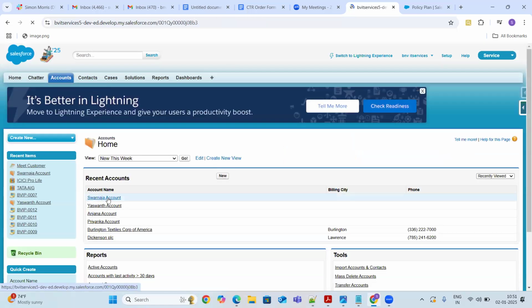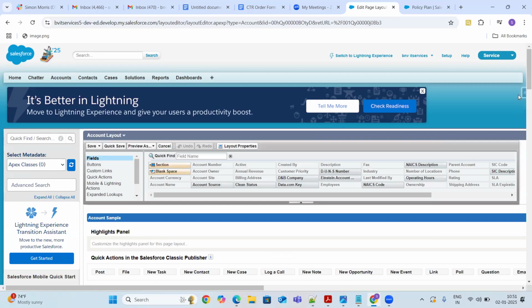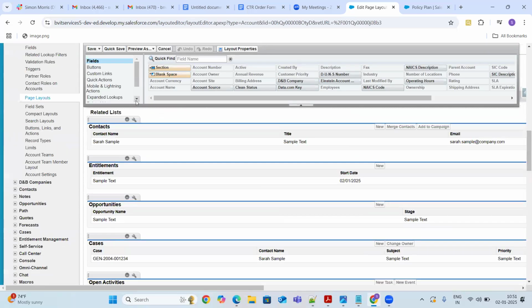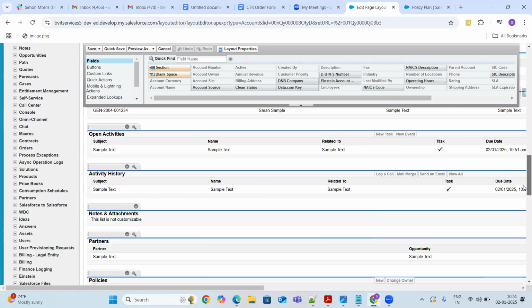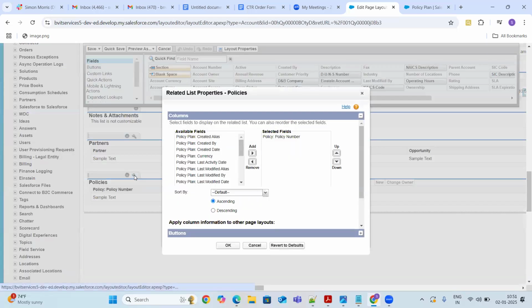I can go to this particular account and edit layout. Then I have to go to related list and I have to go to policies related list. Clicking on the wrench icon, here it has only policy number, but I would like to see the policy plan also.